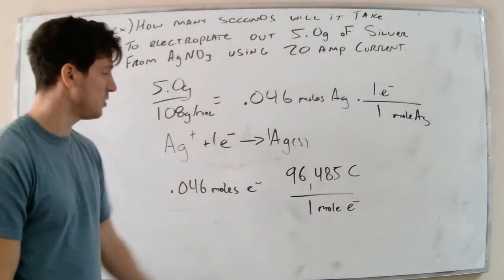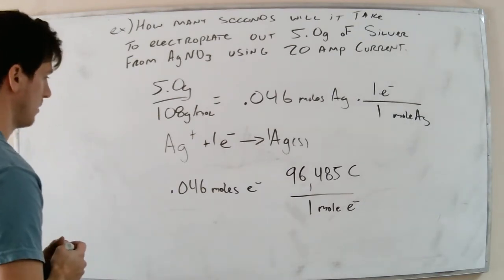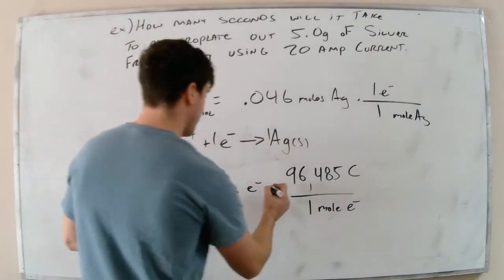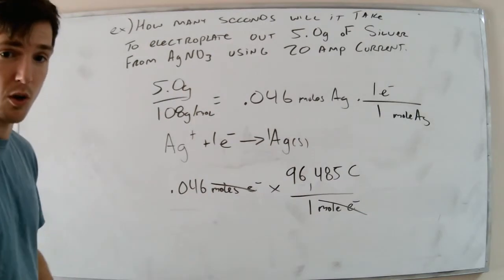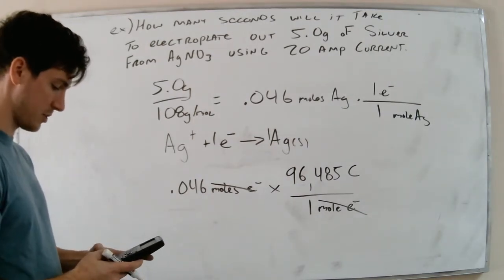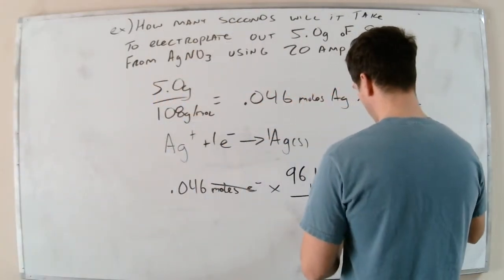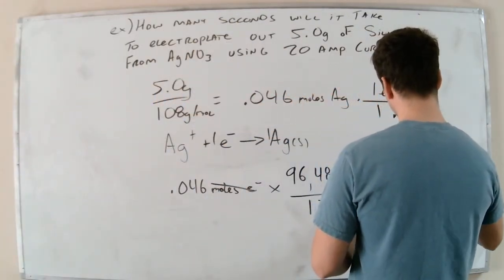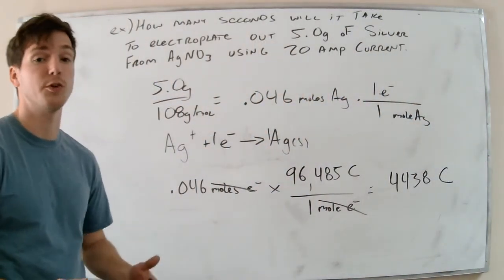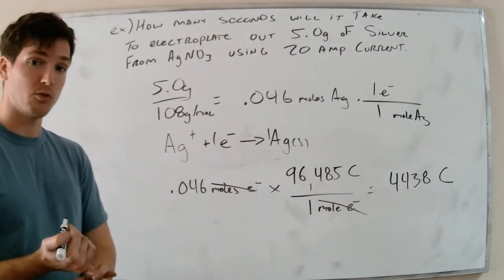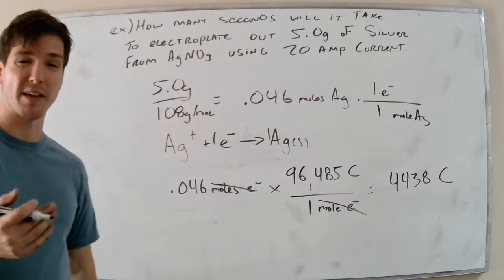So using these 2 units, would I multiply them together or divide them to get to coulombs? I'd multiply them, right? If I multiply them, moles of electrons cancel out, and I'm just left with coulombs. Okay, so I'll take 0.046 times 96,485, and I will get 4,438 coulombs. So that's, again, using your units to help you. So grams to moles, moles of substance to moles of electrons to coulombs,